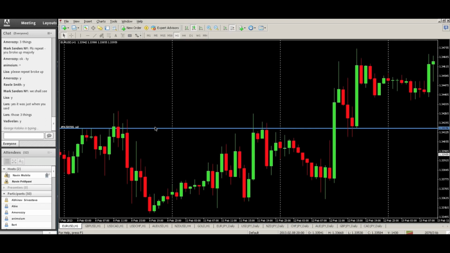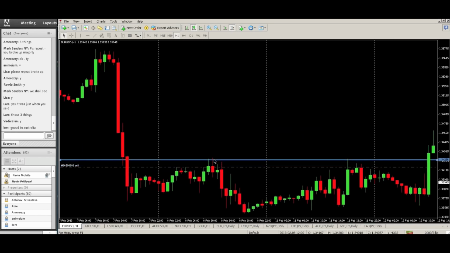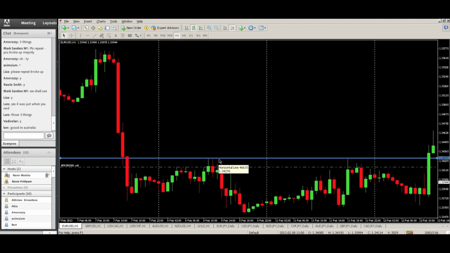Okay, the three things for support and resistance. The first thing: the level that you draw must have been used as support. It must have been used as resistance. And last but not least, there must have been a big candle break from this level, which indicates this level is strong. Let's go through this example. Now, how are you supposed to draw support and resistance? Is it just this tip here? The answer is no.